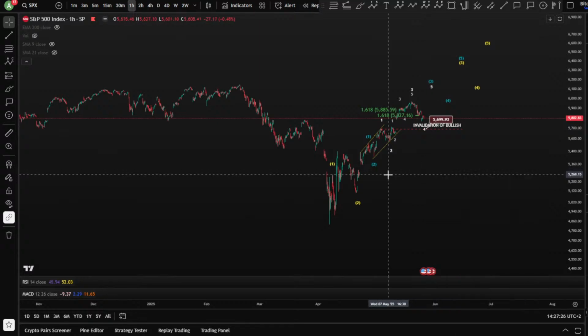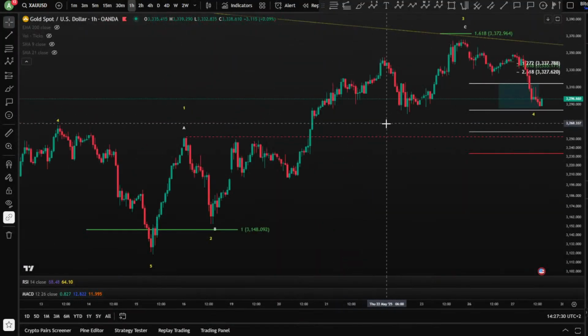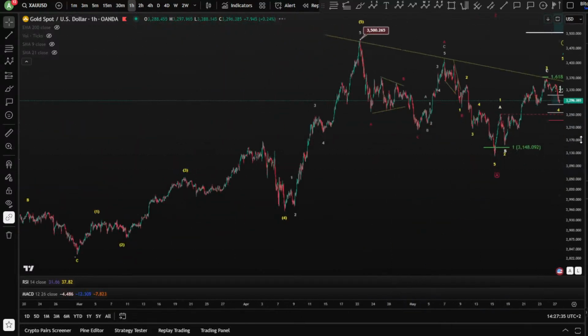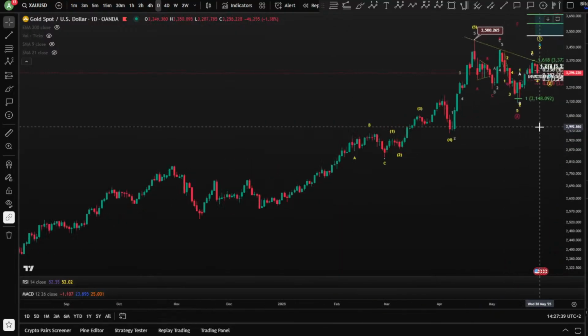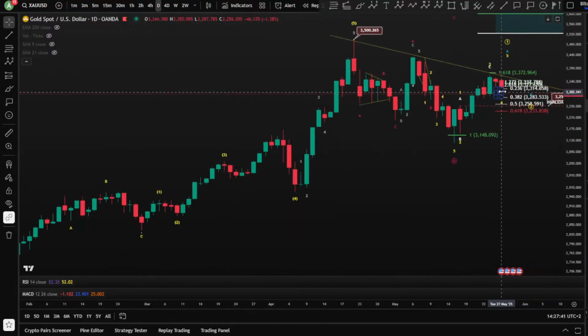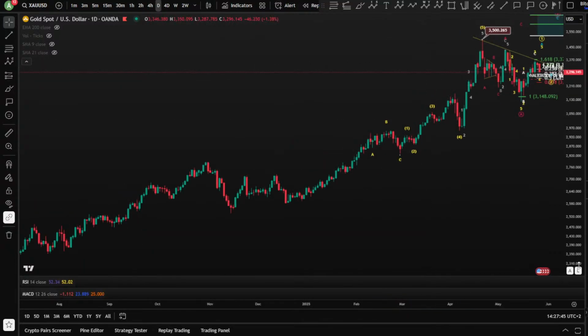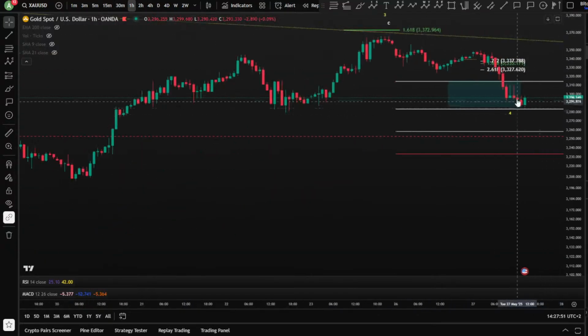All right, let's move to the gold. Okay, so on the gold, yesterday we saw some drop, right? We saw some red for the gold on the daily. And I'm looking right now for, of course, higher. Yeah, I'm looking for a little bit higher for the gold because we have an ABC.